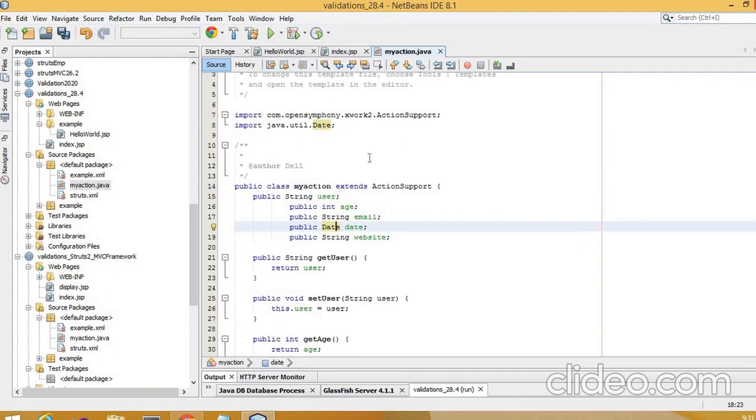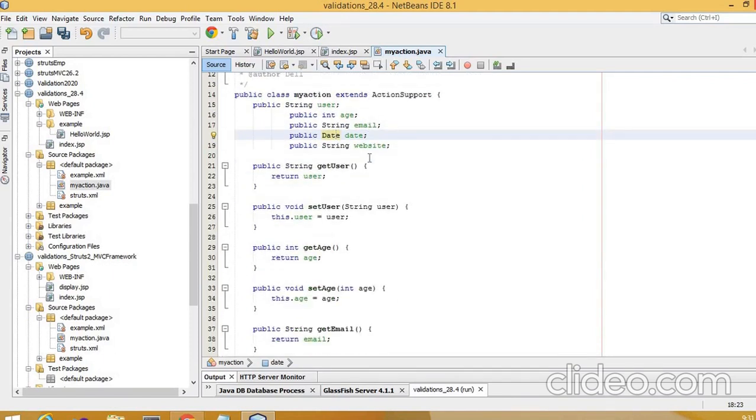Now we will just go ahead with adding validations. So these validator fields, we need to add before set date or set user or set other things, right?